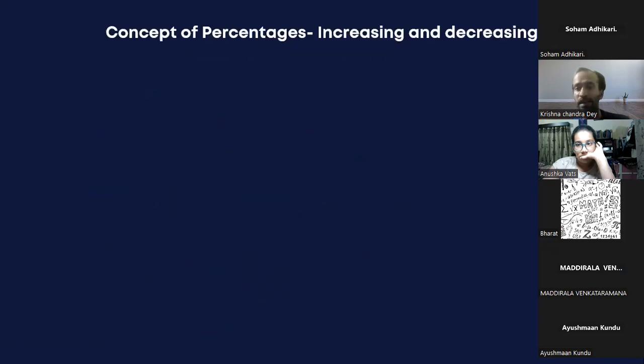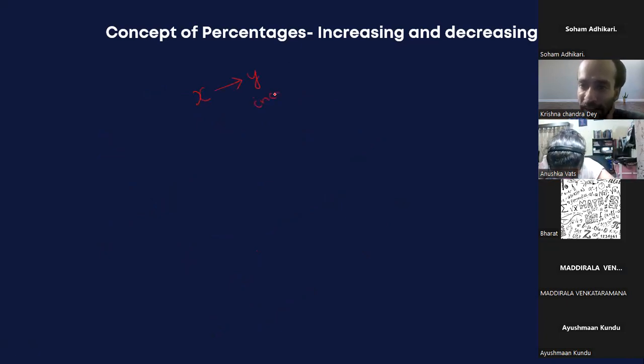Concept of percentages, since ratios, you all know it, right? That's why I recapped it. Everybody knows what a percentage is, right? Suppose there is a number X. I increase it to Y. The increase is what? I increase it to Y, not by Y. Remember these English words very carefully. By Y means I am making X plus Y. I'm increasing it to Y. So the increase is actually Y minus X.